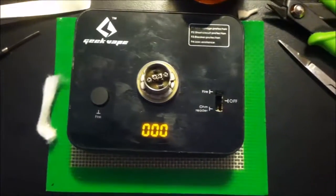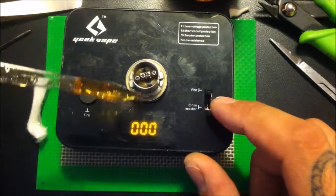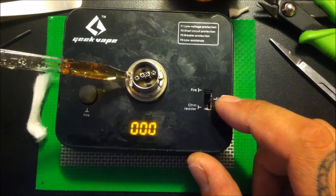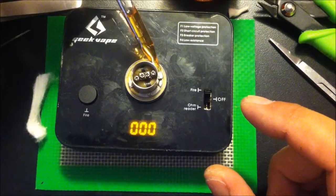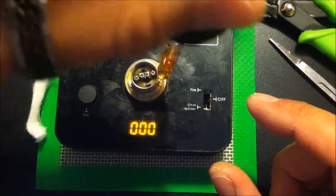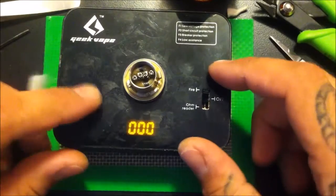Alright, so let's check it out. The way I do that is you take a little juice and you put it into the juice channels, right? And if it's feeding off the cotton the right way, Danny, that better not be you. If it's feeding off the cotton the right way,